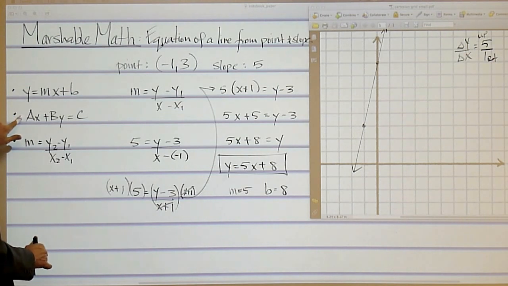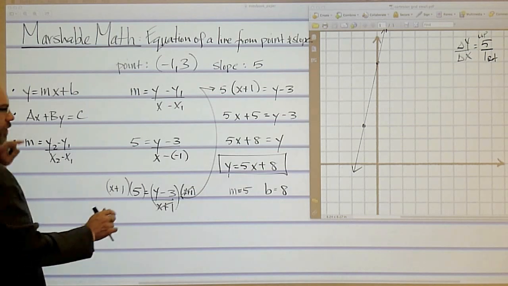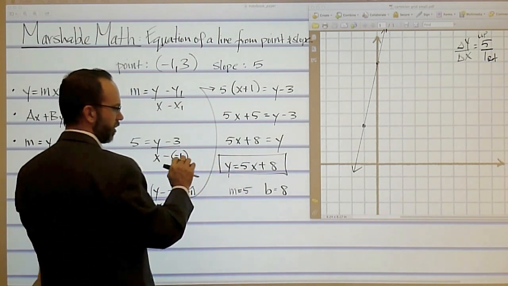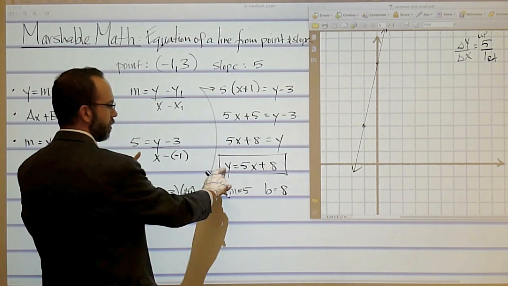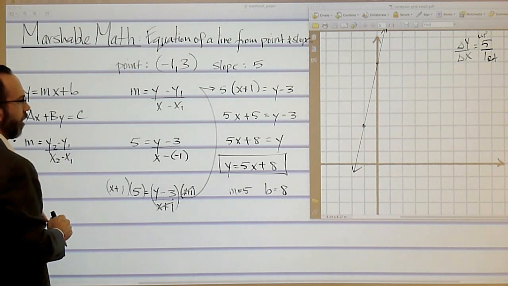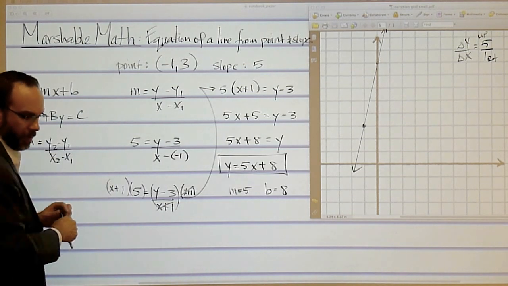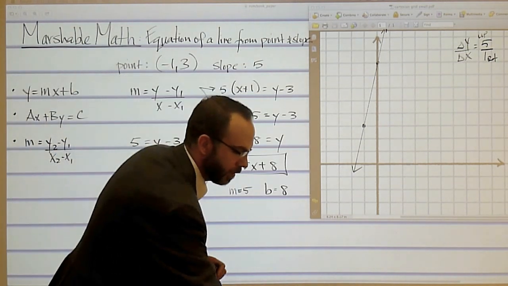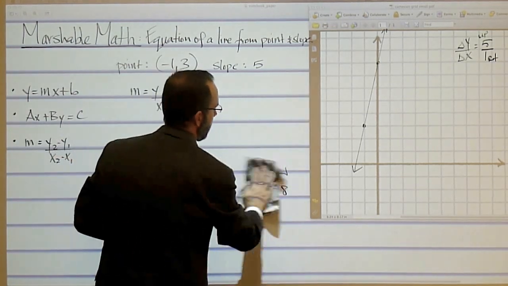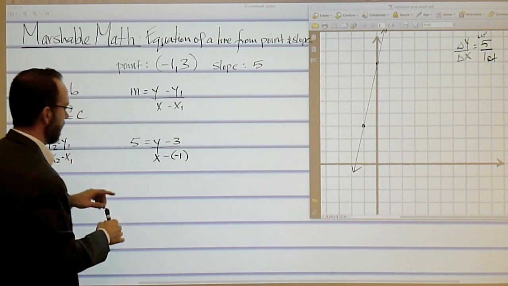What if though I wanted this one? What if I wanted ax plus by is equal to c? I could either take this equation right here and subtract 5 from both sides and then multiply through by a -1, or maybe I could just move the y to the right and then move the 8 over. But we could also simplify it from the get-go. Let me back up a bit. Let me just start from here. If I wanted the standard form,